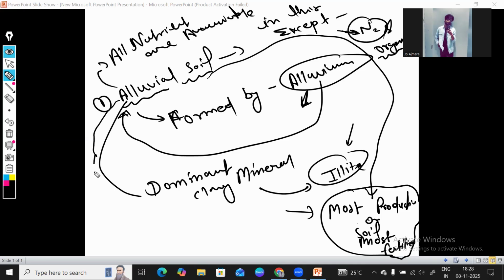Cool. So the highest area recorded. This data may change according to the new version, but you may check it on the sites or in any new modern edition book that you have. But according to the last one that I read, there was 113 million hectare. 113 million hectare is the area of alluvial soil in India. All right. This is important.